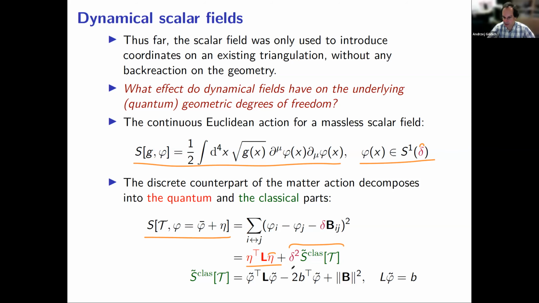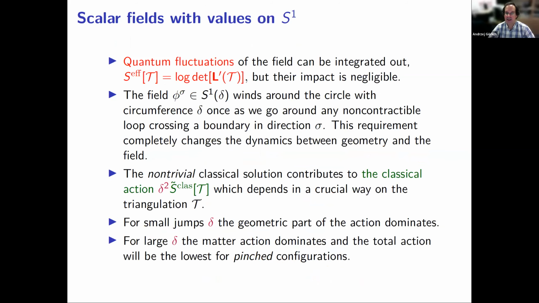Here, L also depends on the triangulation, but the classical part scales as delta squared, which means that for small delta, the classical part would not be important, and the quantum part will dominate. But for large delta, the classical part may become important and can dominate the action. Now, the quantum fluctuations can be integrated out,